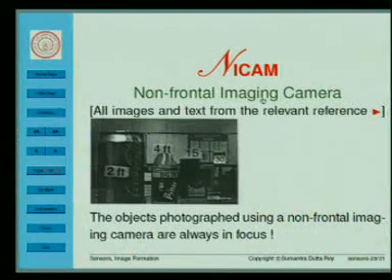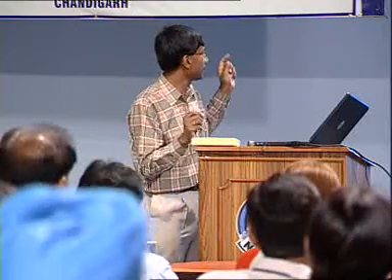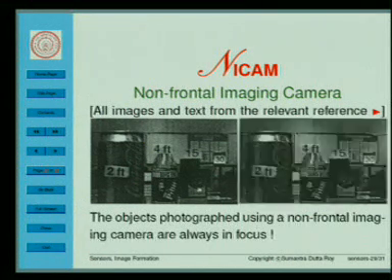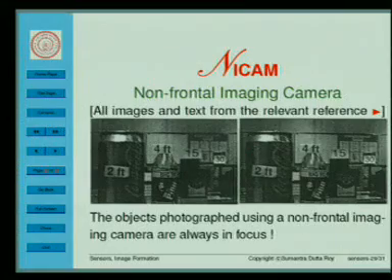This is NICAM, this is non-frontal imaging camera. Remember one of the first problems that I talked about, wherein how nice would it be to have an image wherein every pixel is equally focused. Here, see, things that are at 4 feet are within the allowable range for this camera. What is near it is not as focused, and what is farther than that is also not as focused. Now have a look at this. Every pixel is equally focused. Actually there is a little bit of cheating here, I will talk about that.